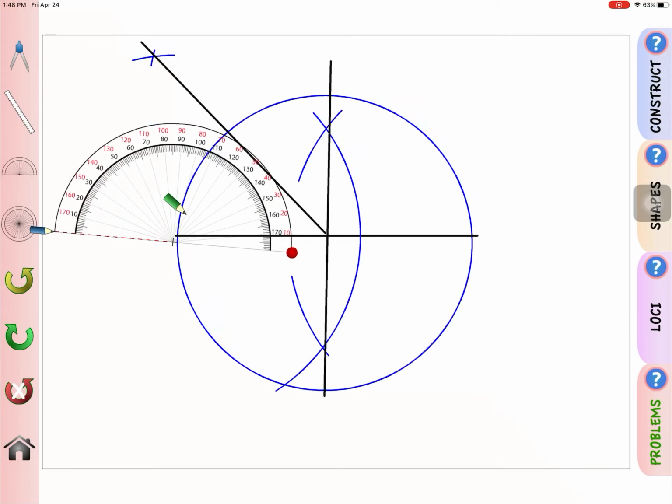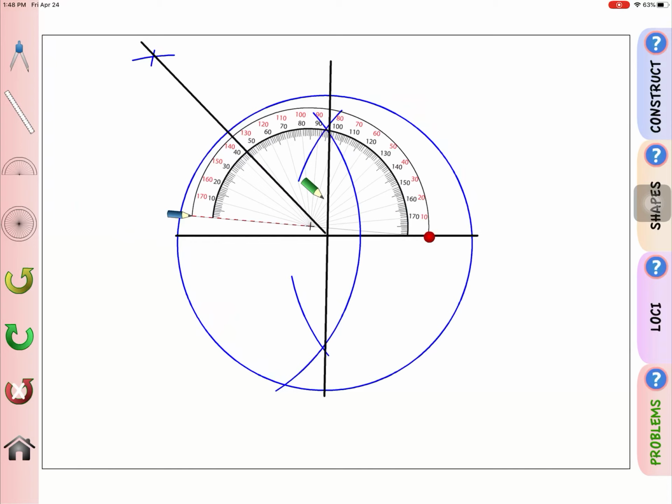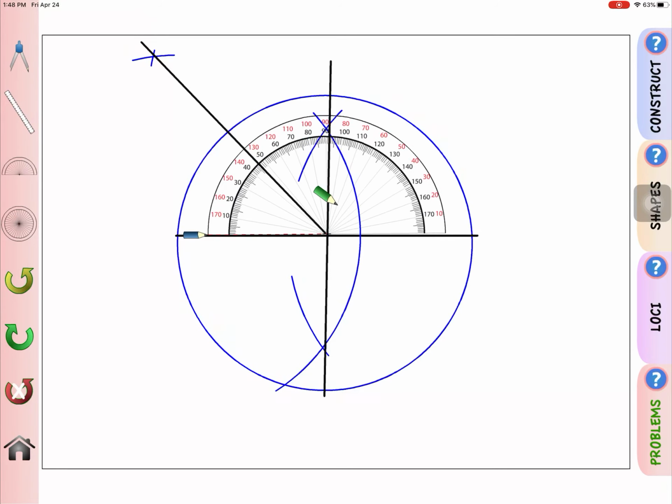And of course, if you measured them all, you'll figure out fairly soon that these measures, if they're done right, and you can see my line's a little bit out, but it would be 90 and 45. That would give you the angles that you're going to get in there. And then, of course, when you're finished, it goes on to ask you a bunch of different questions. I'm going to leave that there, but hopefully this video so far showed you what you needed to find